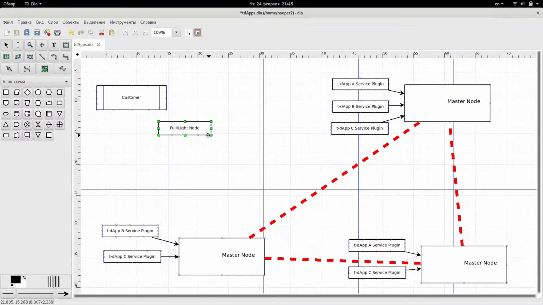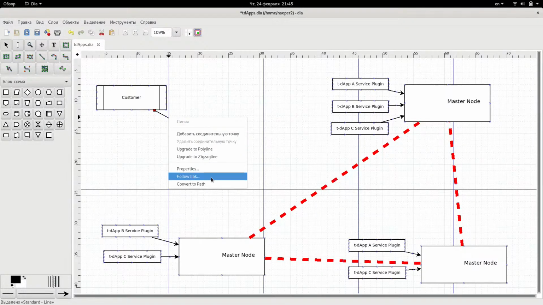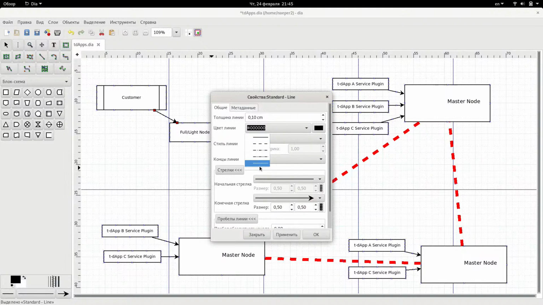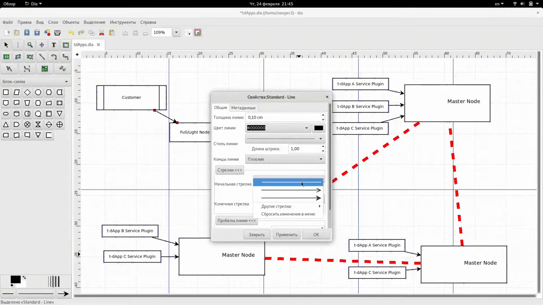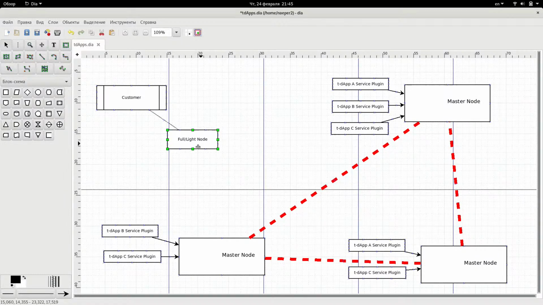It's not something so solid. It's not a master node, it's a customer node. It's a full or light node, depending. Usually a light node is enough, we just haven't finished this function. And here I will make a connection with dots, just dots without an arrow. It's just to show an ideological connection, not a physical one, because these plugins are running